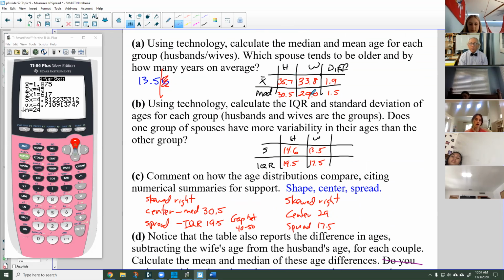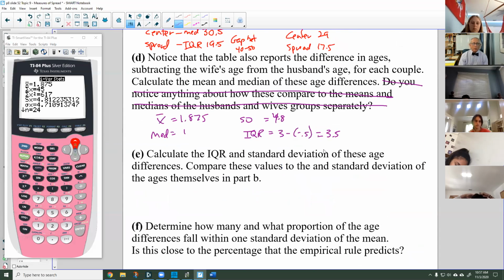For the wives, it was in the high 4s, but the difference was only 0.4. So the centers were very close. I'm looking at the differences here. The differences were pretty close between the centers. 1 to 1.8. So when the mean and the median are close,